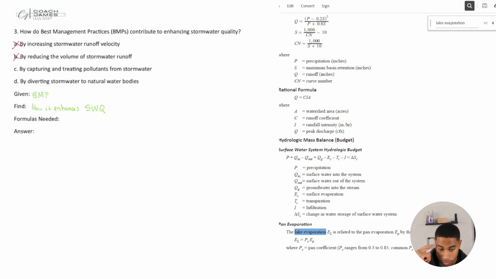BMPs definitely do this. And I wrote some notes, basically that BMPs play a crucial role in improving stormwater quality by capturing pollutants, right, before they can enter the natural water bodies. These practices include various measures such as, okay, you got vegetative swales,